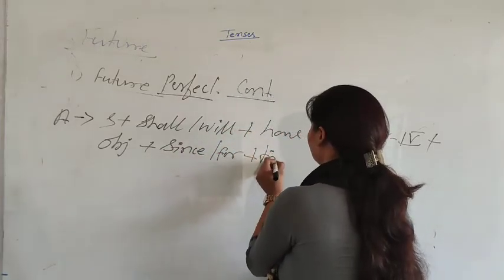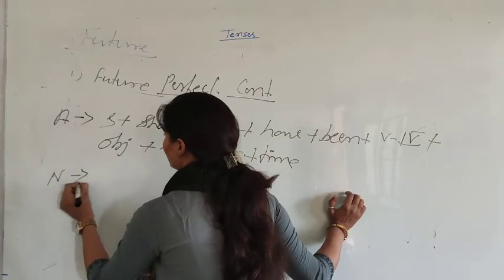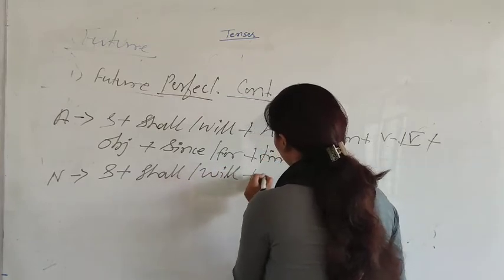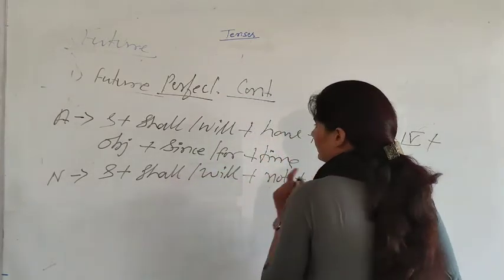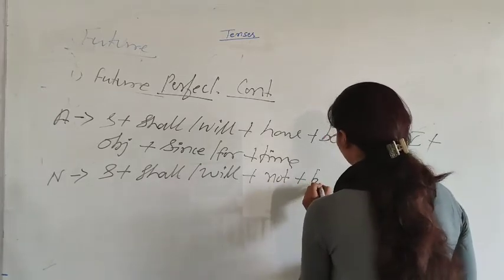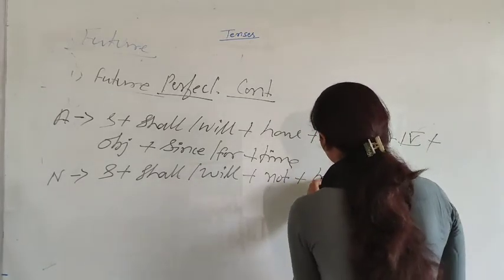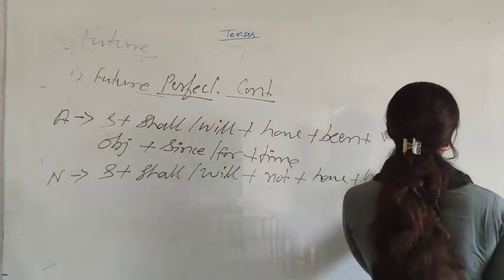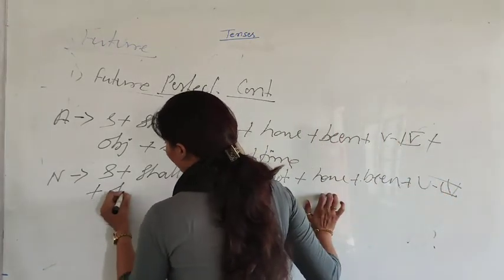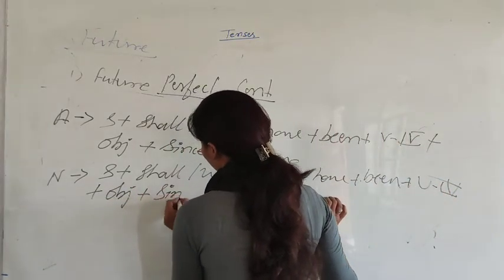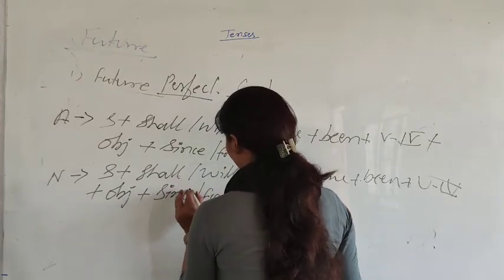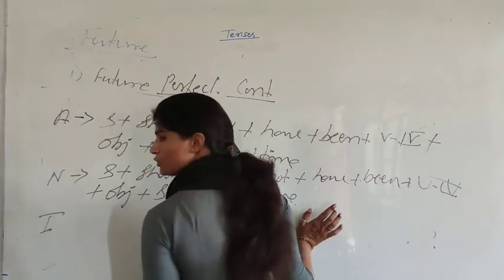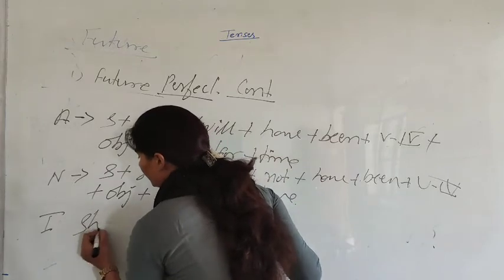plus time. Negative is subject plus shall/will plus not plus have plus been plus verb fourth form plus object plus since/for plus time. The interrogative is, first you have to put the helping verb, that is shall/will